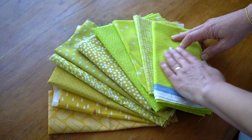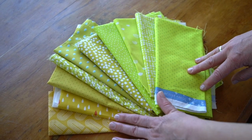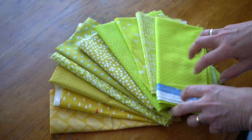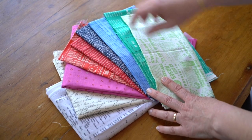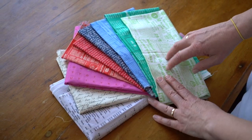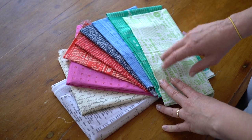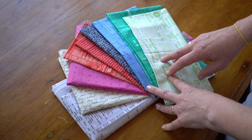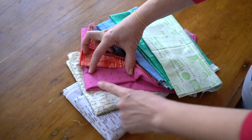But they still read as a solid, so quite nice for using in paper piecing, especially when the texture tells you a little bit of a story. Text fabrics were very in a few years ago, and are still somewhat in. I just love the way they have a texture which you're looking for, so it gives you that little point of interest, but sometimes you can also find words, like here you can see the word cutie